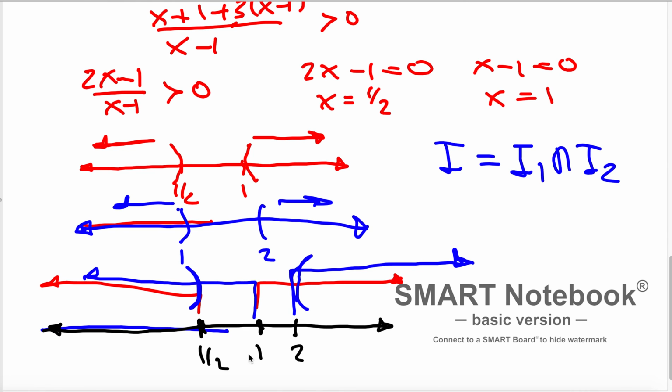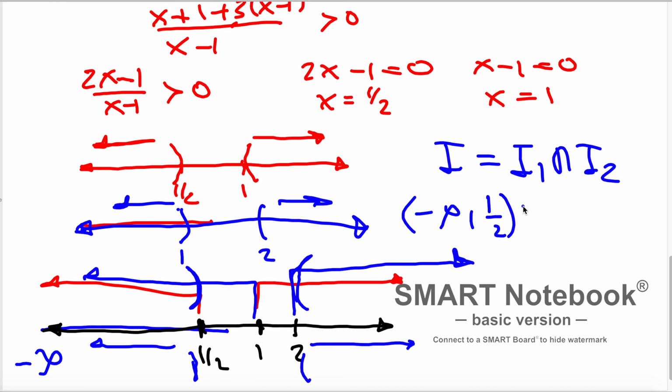And what is the solution? The solution is from minus infinity to 0.5, so here is the solution, and from 2 to infinity. So the solution here is from minus infinity to 0.5, union 2 to infinity. So this is the solution of this inequality. And here I'm